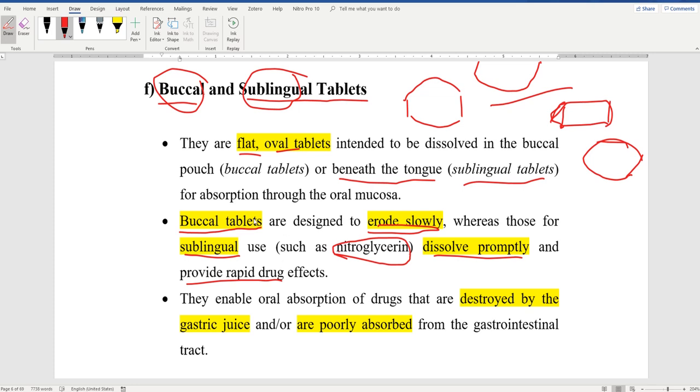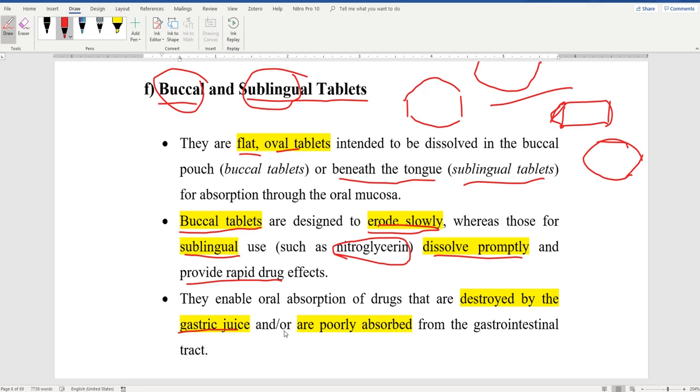The thing is, طبعا, to administer a drug in the buccal cavity might not be convenient, especially when we are talking about buccal tablets where you need to place the drug maybe for 4 hours. That's a very long time. So what are the benefits from having buccal or sublingual tablets? The benefit is, if you have a drug that can be destroyed by gastric juice, اللي هي by the stomach, or the drug